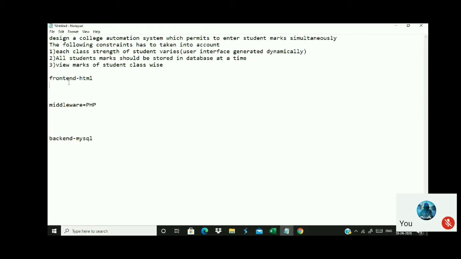So number one. Now listen here, I'm going to have a front end. Let us understand what you want to enter in the front end. Can you generate a user interface dynamically only in HTML? Is it possible? Can you do it? Anyone? I'm throwing the question to you in open forum. Can you generate a user interface, say for example text boxes, dynamically in HTML? Is it possible?